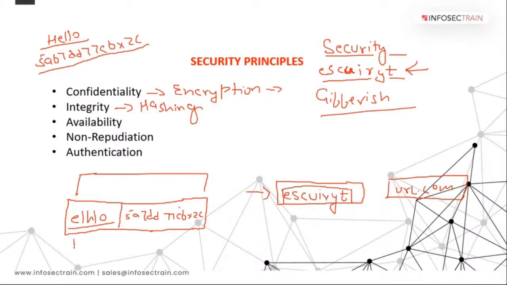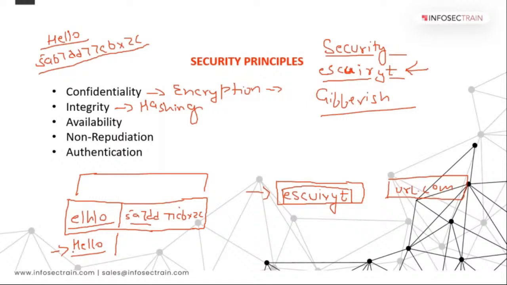So what will he get? He will get hello from it. Now he got hello, right? Using the keys, we know that confidentiality is maintained. So using the keys, he decrypted that data. Now in decryption, he got this information. After that, what will he do? He will find out this hash. Now he got this hash.